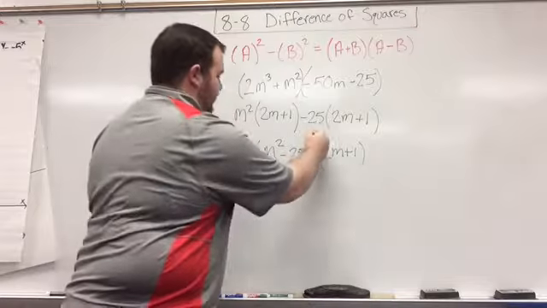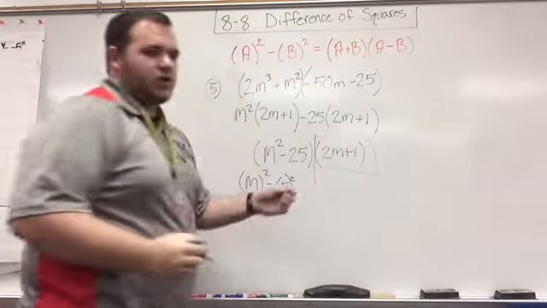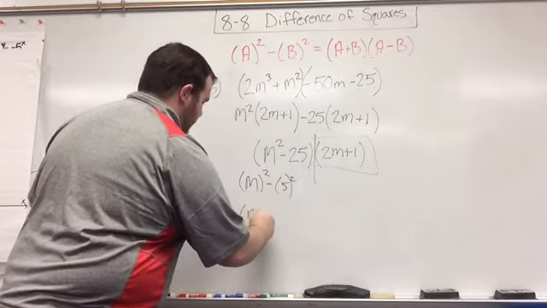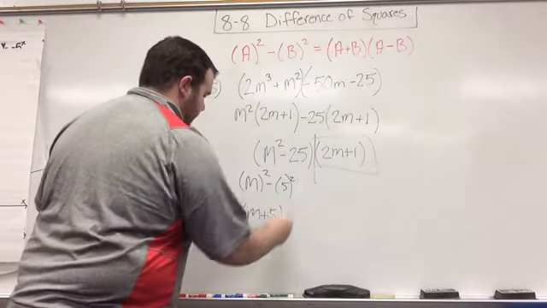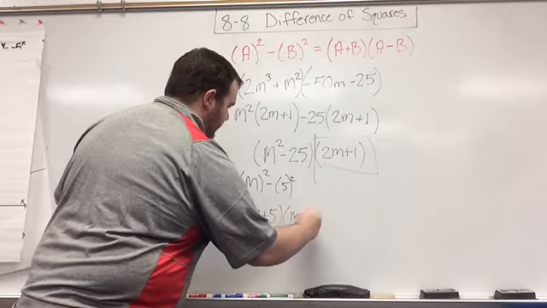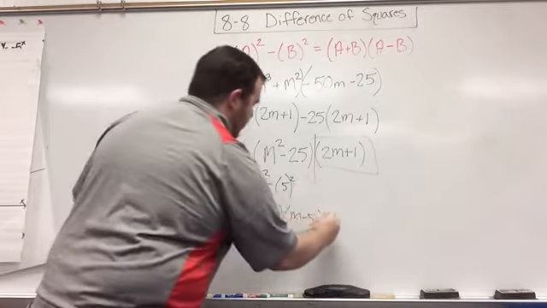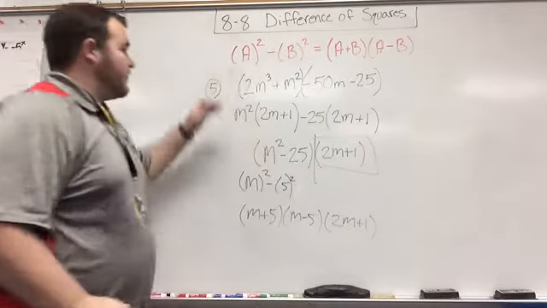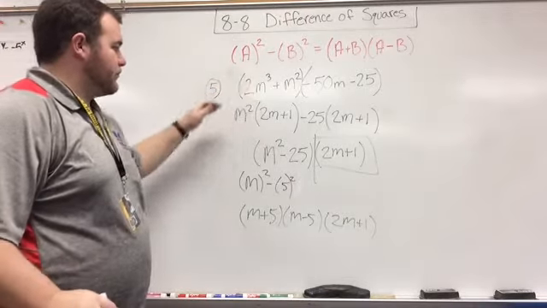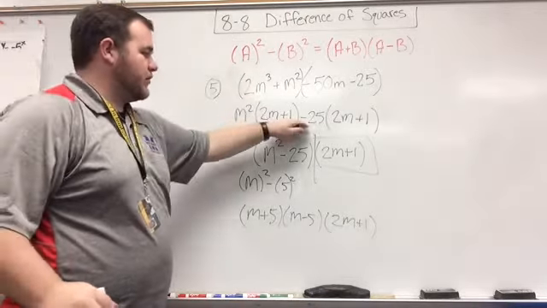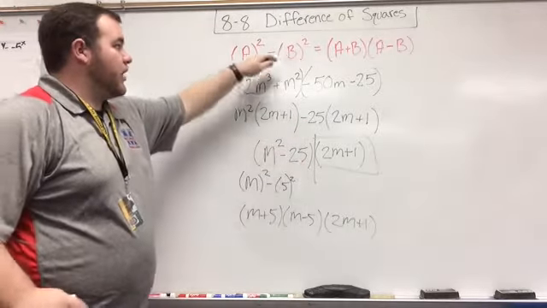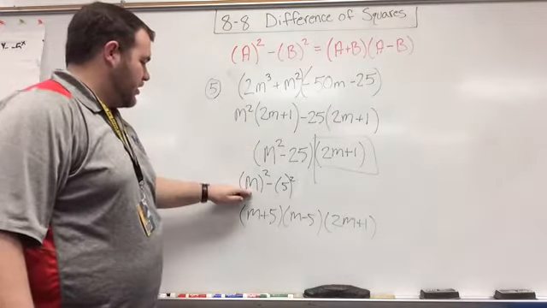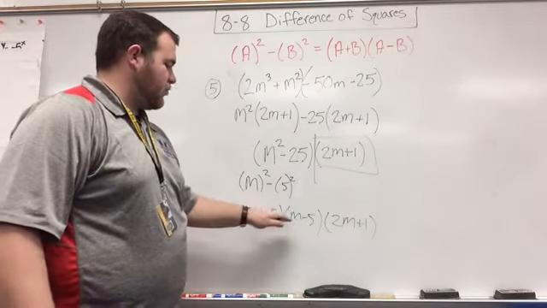And don't forget about this part right here. We'll just add that on at the end. And so we can rewrite this as m plus 5 times m minus 5, and then we'll add in our 2m plus 1. So factoring it out, we'll group them, and then just factor out what we can, and then we'll apply this if we can. So here we're subtracting, so we could, and then we got m plus 5 times the quantity of m minus